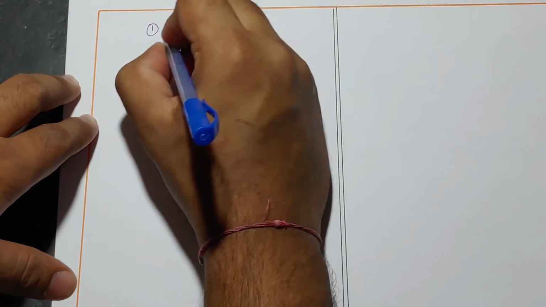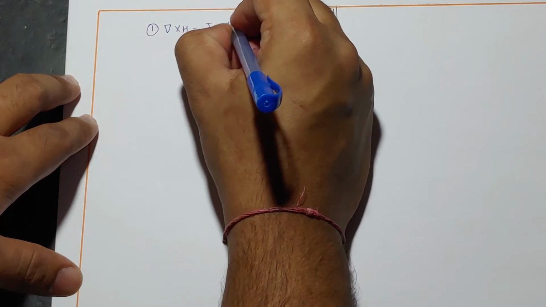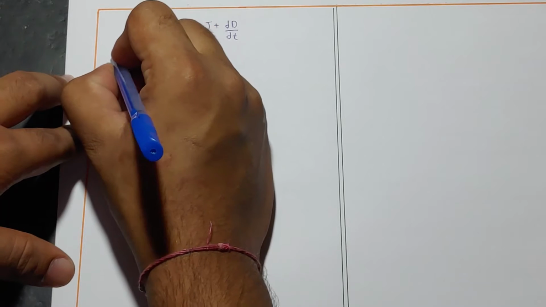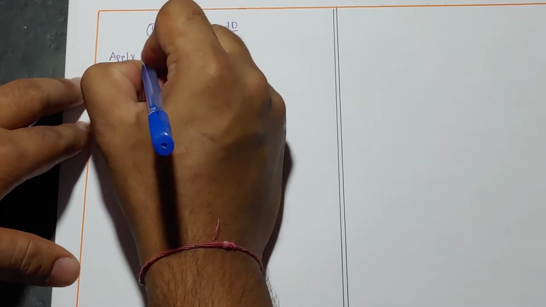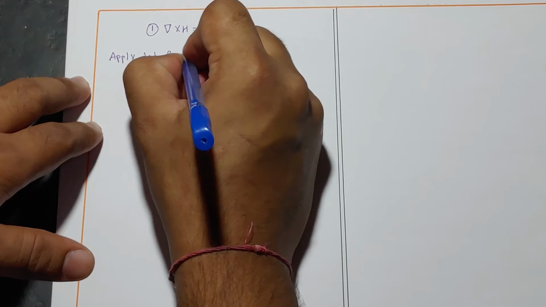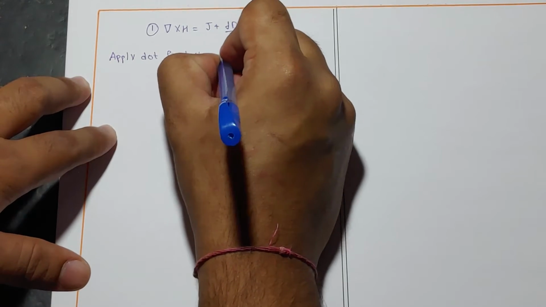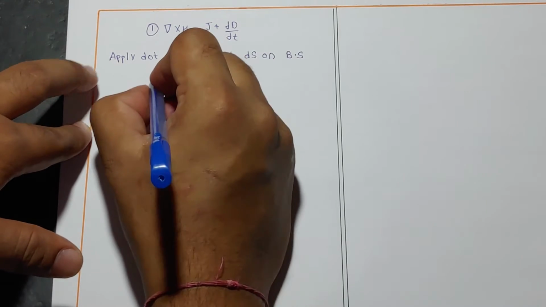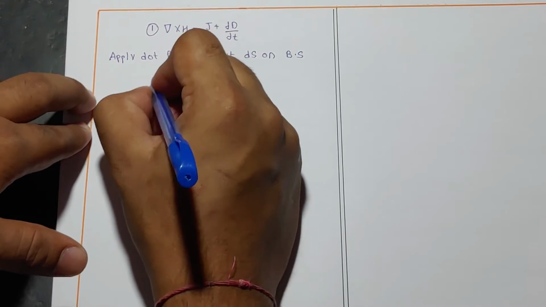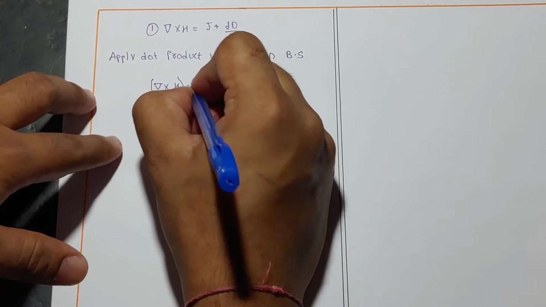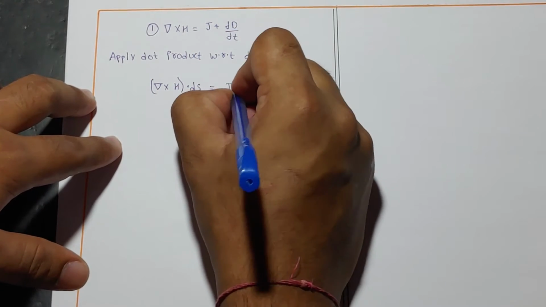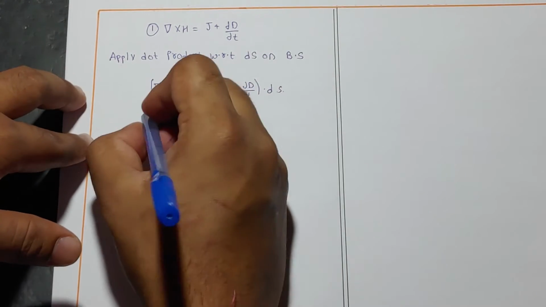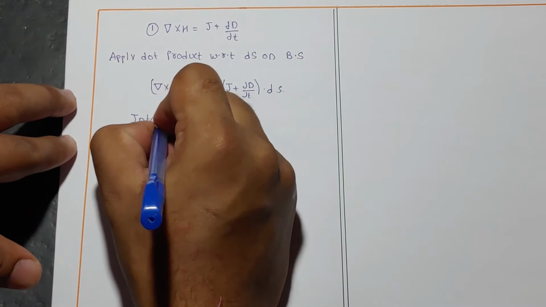In differential form it is del cross H is equal to J plus dou D by dou T. We know that when there is a cross product, apply dot product with respect to ds on both sides, that is del cross H dot ds is equal to J plus dou D by dou T dot ds, and after